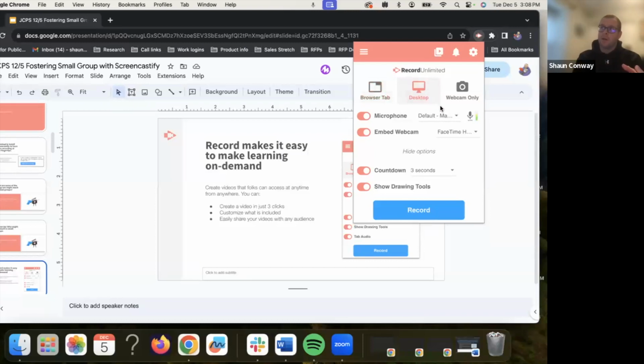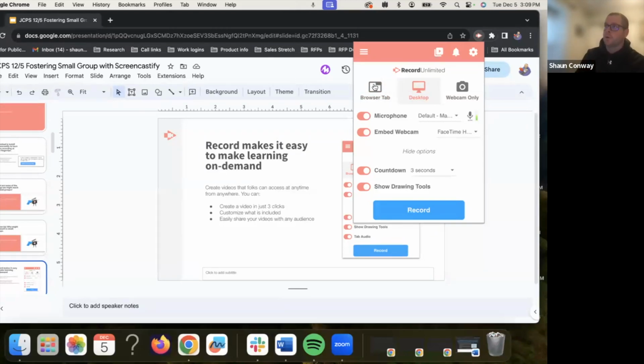And the way that our audio is recorded right now, you see this little green bar fluctuating. That's my audio so that it knows it's picking it up. The way that our extension works is that the audio is when I speak into the computer. So if I want to play a video on my screen, whether it's YouTube, an online piece of curriculum, a textbook, whatever it might be, I have that audio coming out of my computer. So it's not going to be picked up with just clicking desktop.